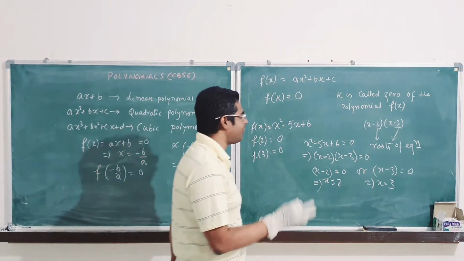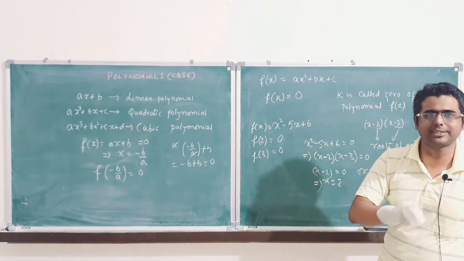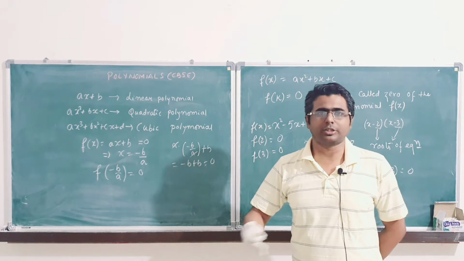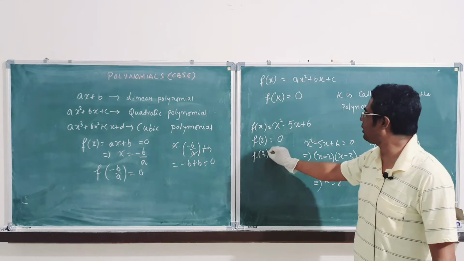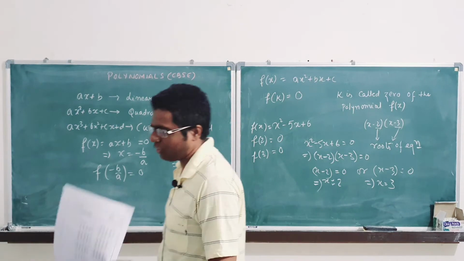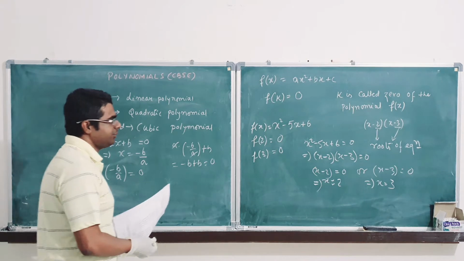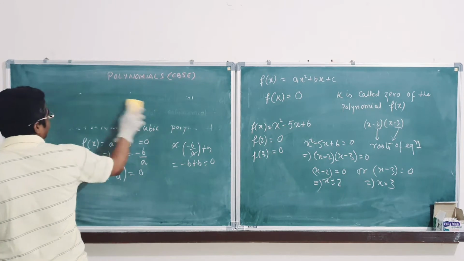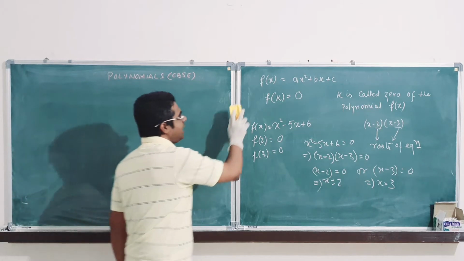But in case of NCERT, what NCERT says is these values are called the zeros of the polynomial. That means if you put these values in the polynomial, the resultant value will come as 0. So 2 and 3 will be called zeros of the polynomial. You can also call them roots of the equation. If it is a quadratic equation, you can also call them roots of the equation. So I am rubbing this. Clear up till now? Zero of a polynomial is basically synonymous to the roots of the equation.